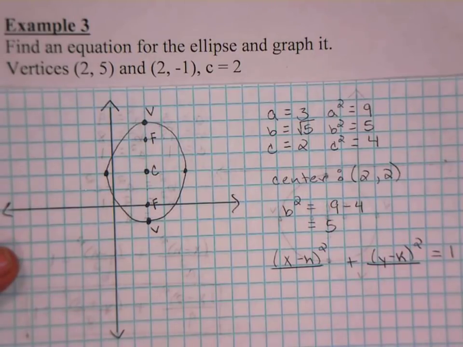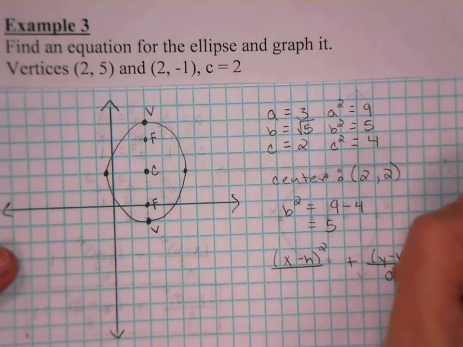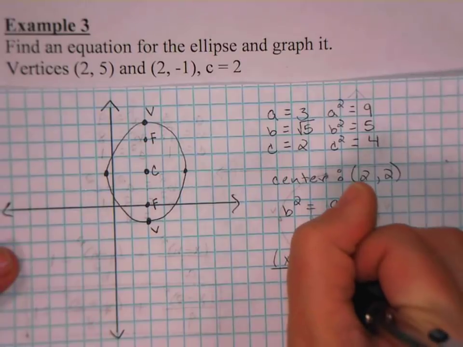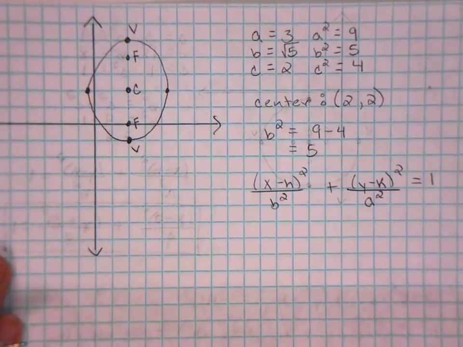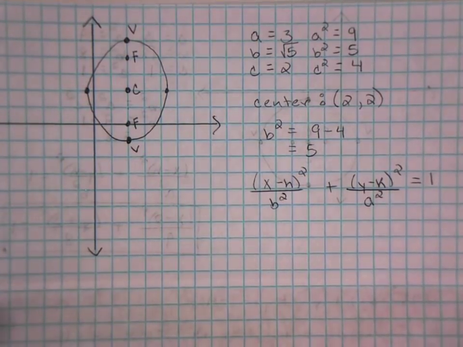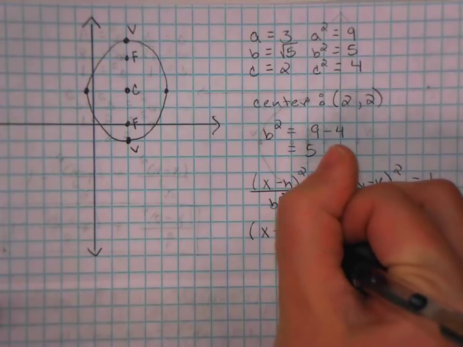Well, if my major axis is parallel to the y-axis, I'm thinking that my larger number needs to be under the y. And by larger number, I mean out of a squared and b squared, meaning a squared would have to be under y and b squared under x. And you can just go back to your notes to get that information from there, but thinking through that process is what you're going to need to do when you don't have your notes in front of you. So now that I have all the information, I go ahead and substitute the numbers into my equation. It would be (x - 2) squared